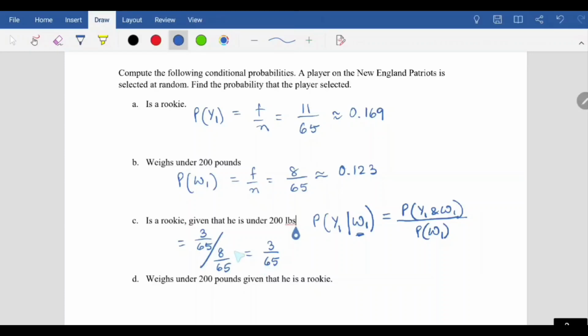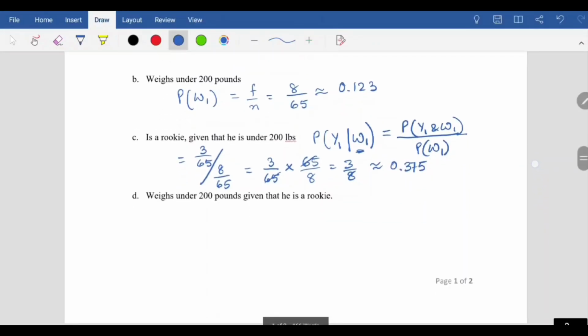This is fraction division. You have to change the division to a multiplication and take the reciprocal of the denominator. In other words, you have to flip the numerator and denominator of the fraction in the denominator. So 65 over 8. So we will have 3 over 8, which is approximately 0.375. Okay, and then the final one here says the probability of somebody who's weighing under 200 pounds given that